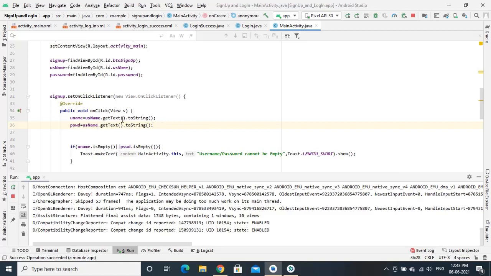So here, instead of username, we have to provide the password. Password dot getText toString.